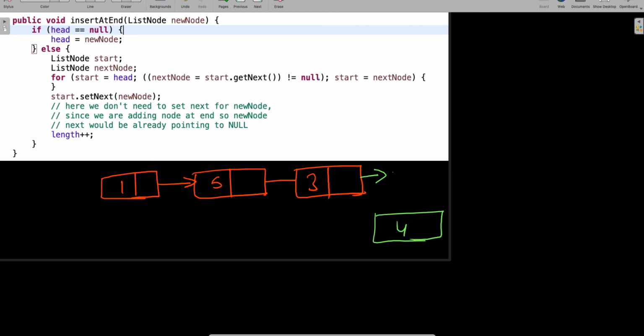In the beginning this was pointing to null. Somebody comes and says go and insert this. So what you have to do: first create one new node, which will be pointing to null. Then somehow we have to write one connection like this. The moment I connect 3 to 4, this null will go off. 3 will be pointing to 4, and 4's next will be pointing to null. The same thing I have to write through the code. Understand, guys, in a linked list your head always points to the first node. Now think in your brain and try to write the logic.